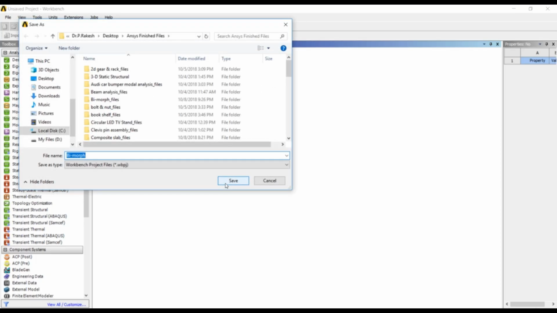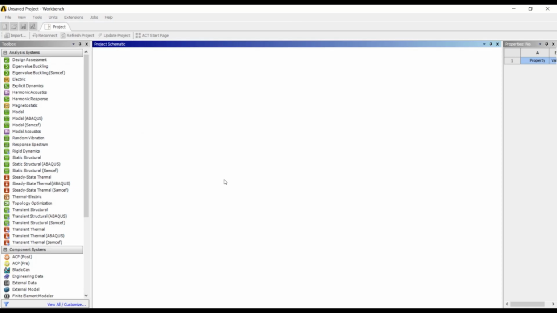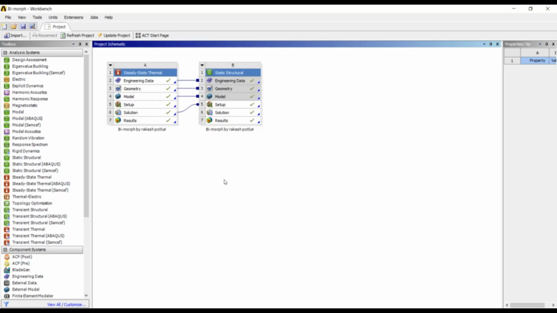Once I ask it to open, it will ask me the location where I can save the extracted files from that archive file. So I'm going to select the desktop and save it there. And once I save these files, ANSYS Workbench will open all the archive files. Once the workbench has opened all the files, I'm going to perform the thermal